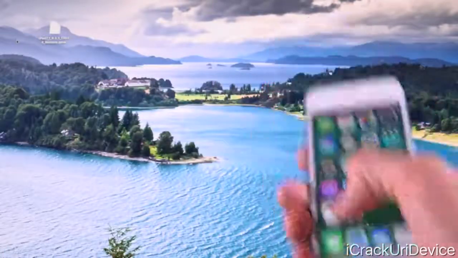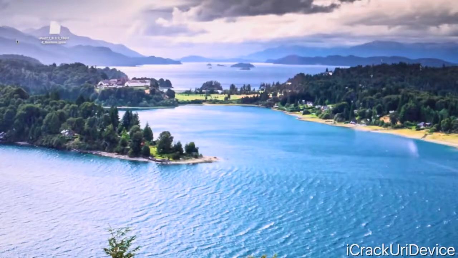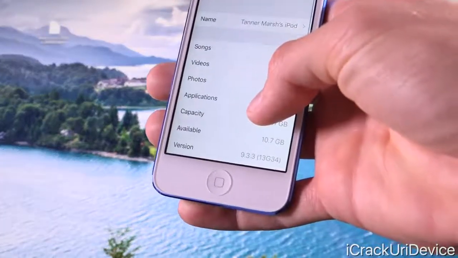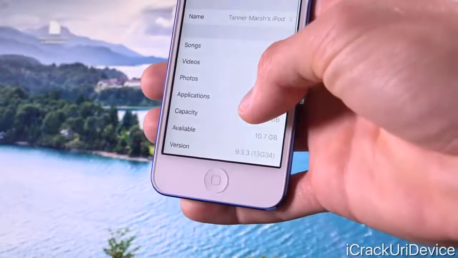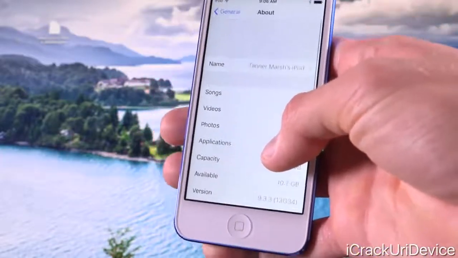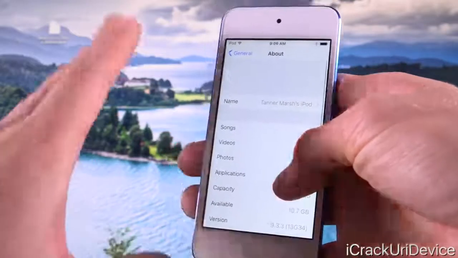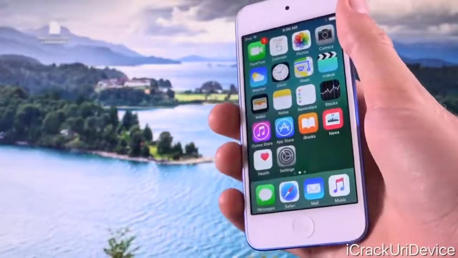Now we're just going to launch up the Settings app, followed by, again, General, About, and down below at the bottom for the version, it does confirm that we are in fact running iOS 9.3.3. So it's as simple as that, guys. It's very easy and very basic to actually go back to iOS 9.3.3 so long as Apple is still signing